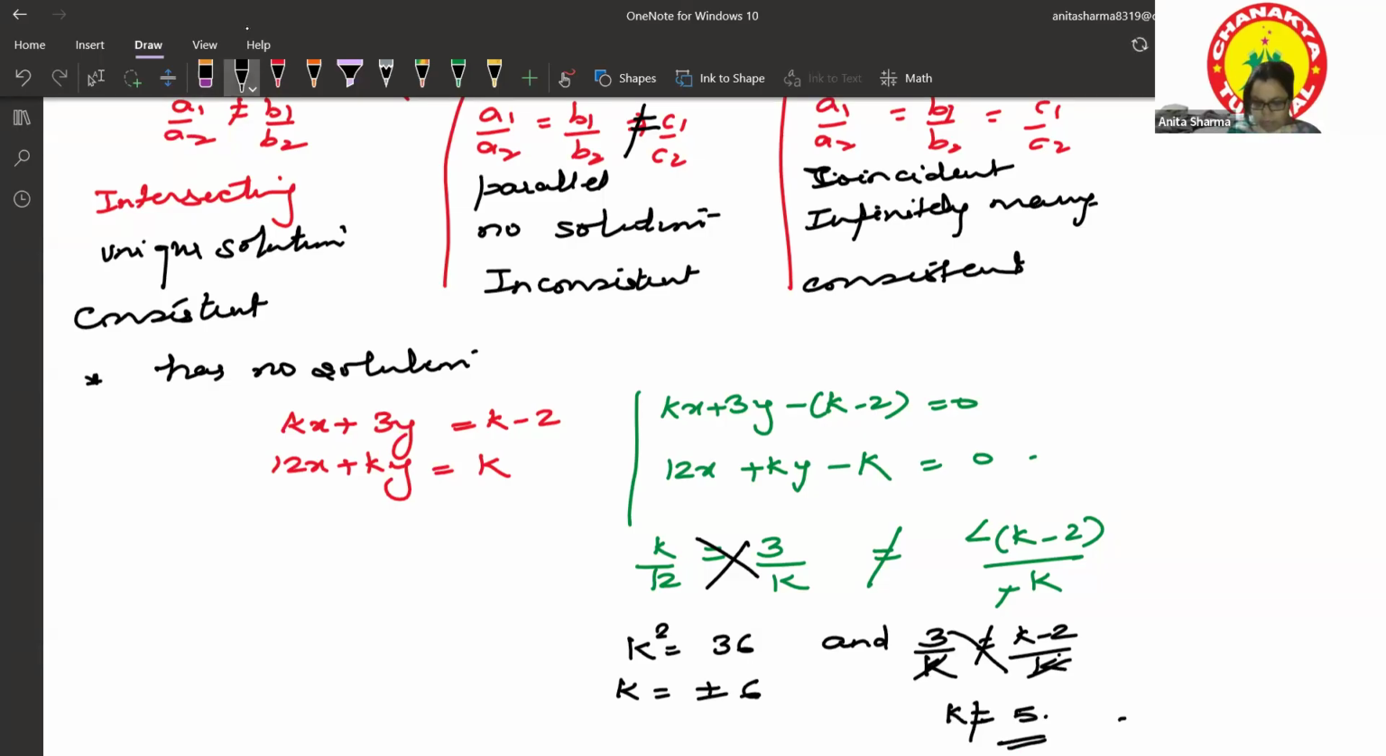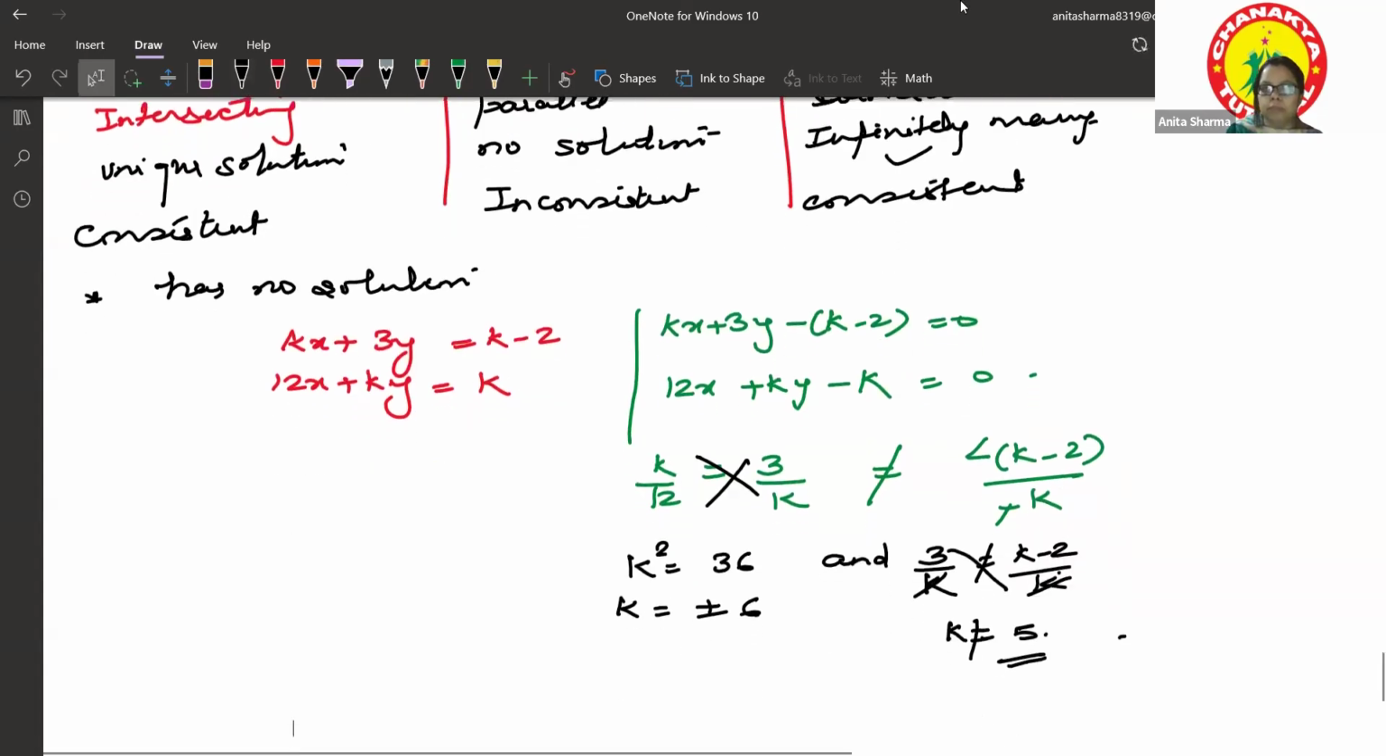So these type of questions can be asked in the form of MCQ. Sometimes they will give you that the given equations have infinitely many solutions. That third condition you will apply. Okay. And they will give you that the system of equations has a unique solution. So the first condition you will apply. Then you can find the value of k. Clear? Now next is